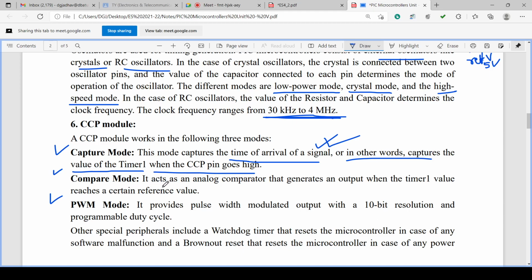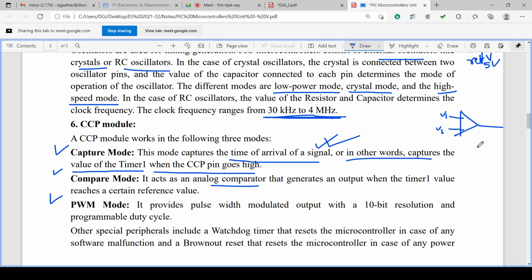Compare mode acts as an analog comparator. A comparator, we know, takes one signal and another signal, V1 and V2, and accordingly we get an output by comparing the signals. If the first signal is lesser and the second is more, what is the output? If the first is more and the second is lesser, what is the output? If both are the same, what is the output?